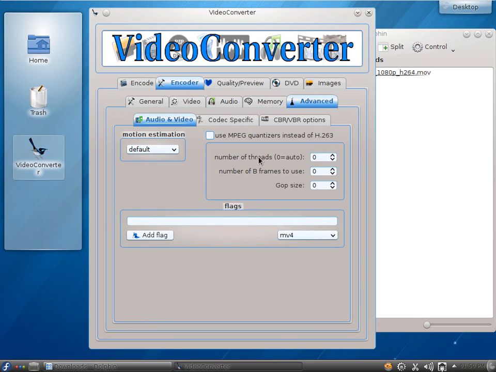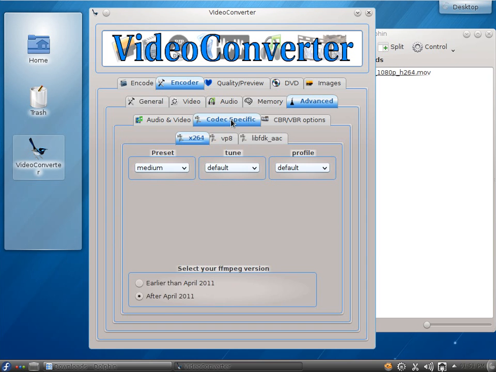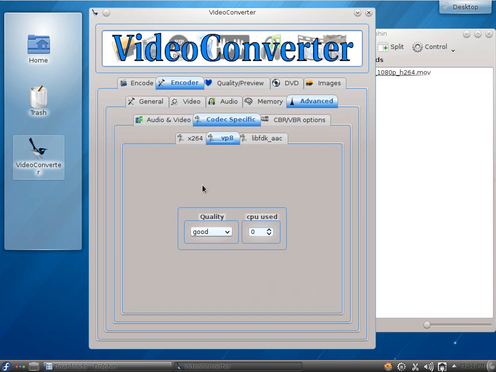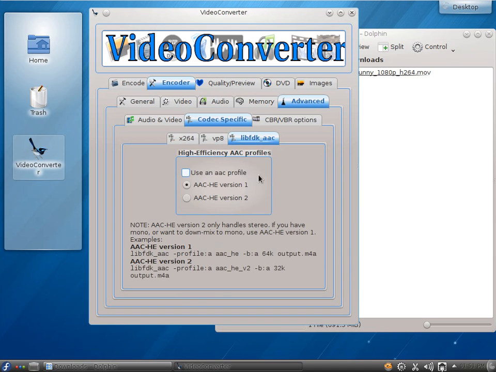The advanced, yeah, this is information which is a little bit beyond the scope of this intro. The advanced stuff's here. Codec specific stuff, which is a little bit more advanced, presets for the 264 codec, the VP8, quality of CPUs used, a bit of information on the FDK, that's the AAC audio codec,